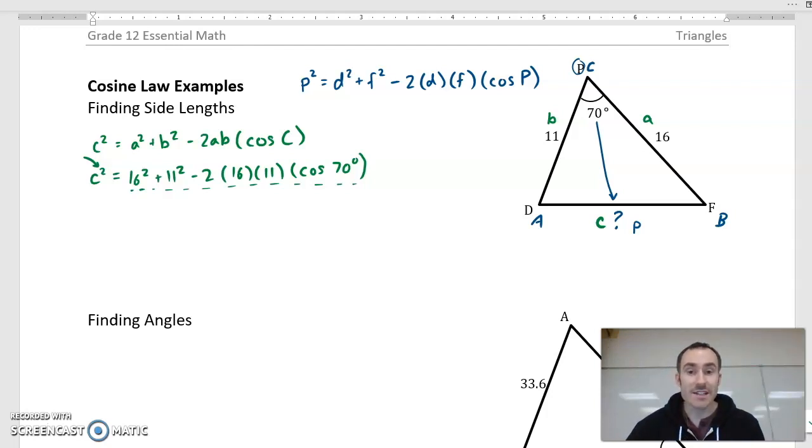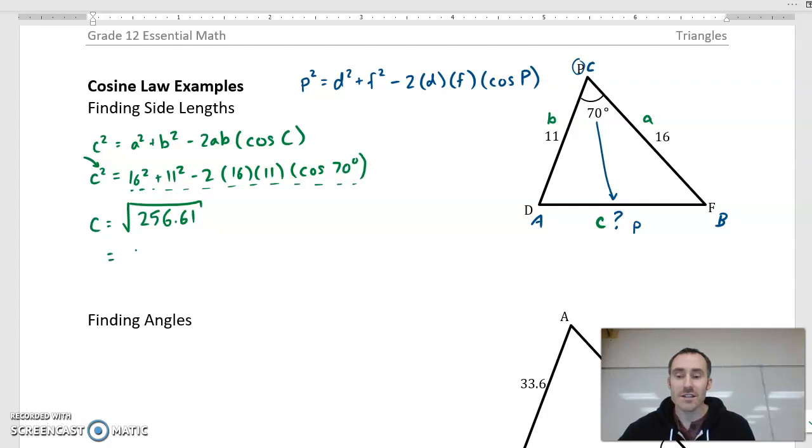We are not getting side C. And so then, to get rid of that squared part, we need to square root it, right? And so we'll end up doing C is equal to the square root of whatever that is. And that's 256.61 if you put it all together. And so we want to do the square root of that, which gets us